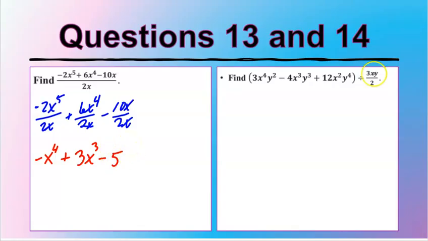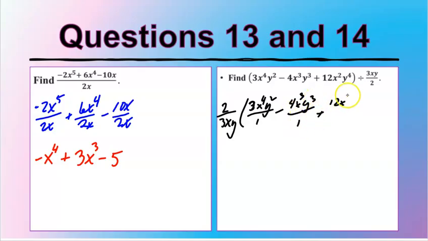And our last one, since I'm dividing by a fraction, I'm really multiplying by the reciprocal. So this will be 2 over 3xy. And I'm multiplying everything inside the parentheses, I have 3x to the fourth y squared over 1, minus 4x cubed y cubed over 1, plus 12x squared y to the fourth over 1. From here, I'm just distributing the numerator with the numerator, denominator with the denominator. So that gives us 6x to the fourth y squared,